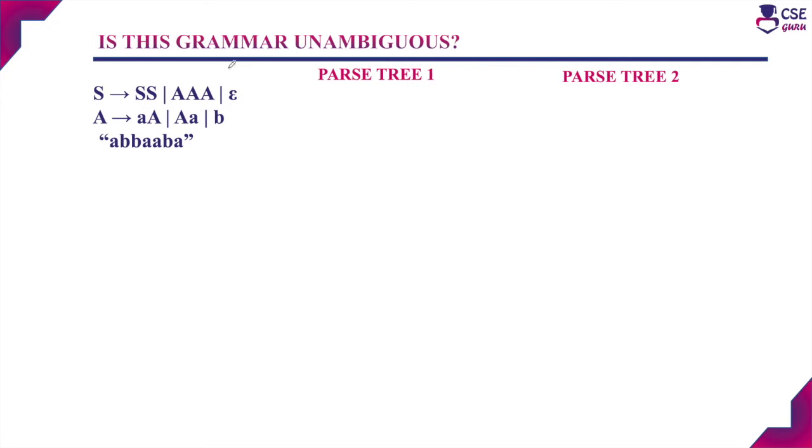Next we have to show whether the given grammar is an ambiguous grammar or an unambiguous grammar. If the grammar produces more than one parse tree for deriving the same string, then that grammar is an ambiguous grammar. If the grammar produces a unique parse tree, then that grammar is an unambiguous grammar. Now we will try to construct two different parse trees and check whether the grammar is ambiguous or not. The parse tree always starts with the start symbol S. S represents the root of the parse tree. We will apply the production rule S derives A.